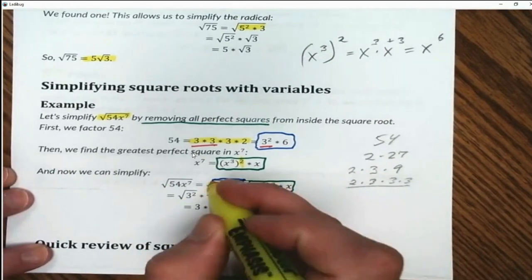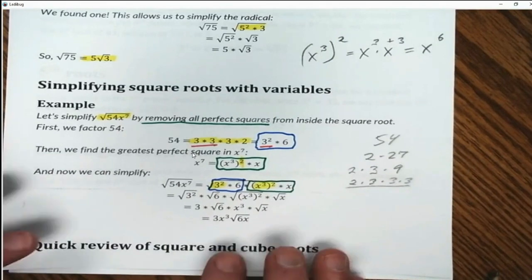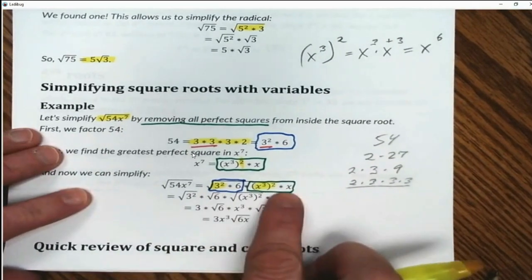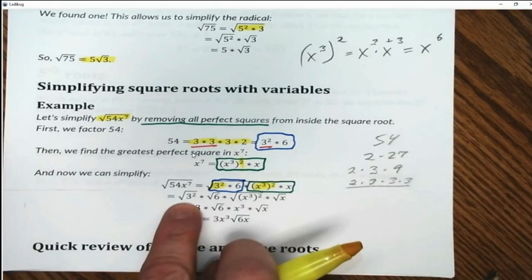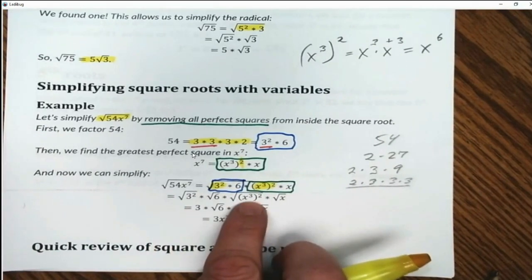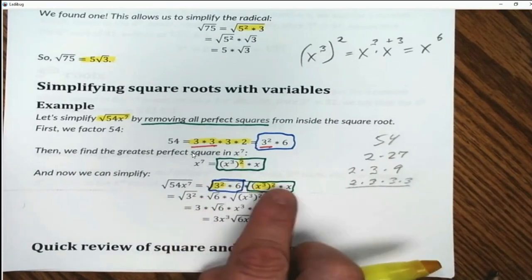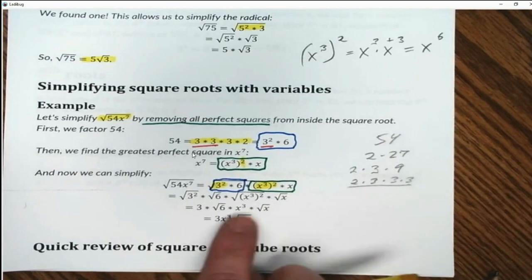That is a perfect square. That is a perfect square. We designed it intentionally. We break these apart: 3 squared, square root of 6, the square root of x to the third squared, and square root of x. We just took all 4 of those terms and made them their own radicals so that we can take the